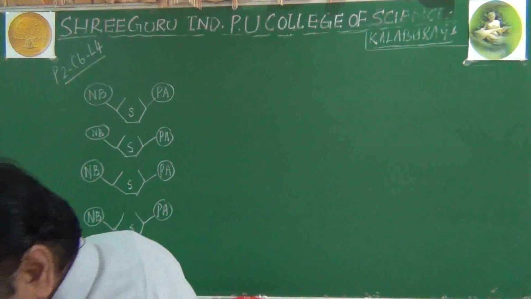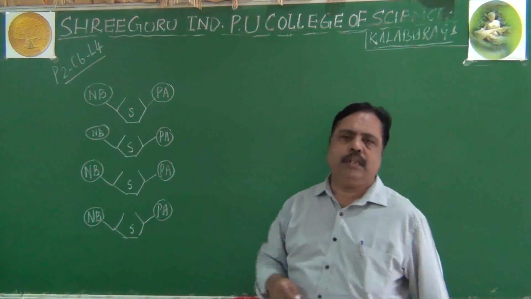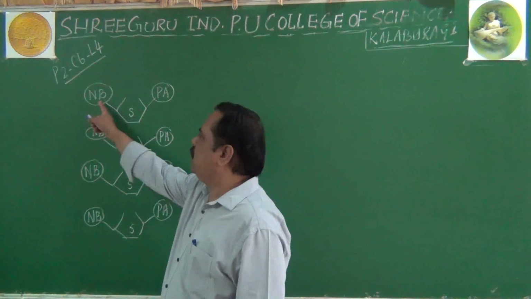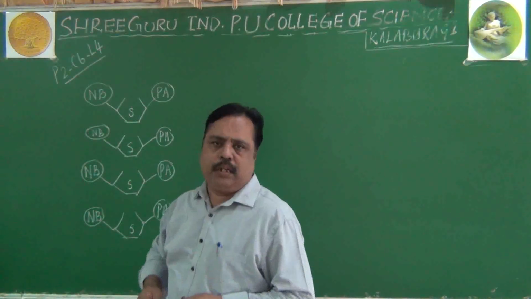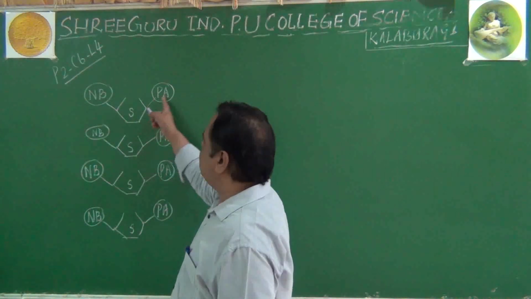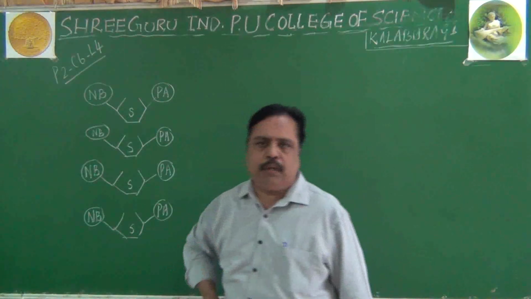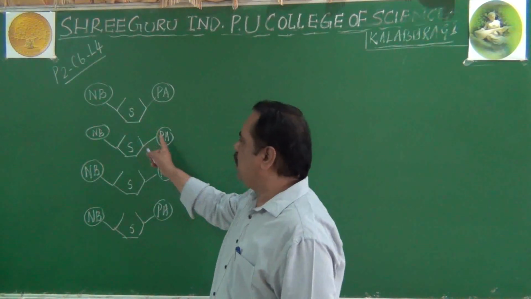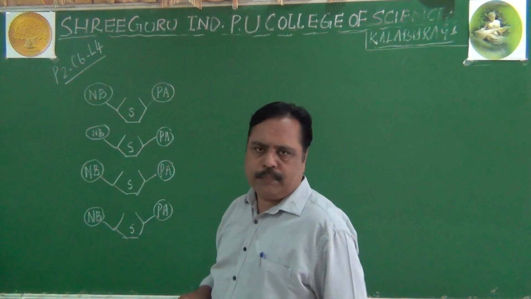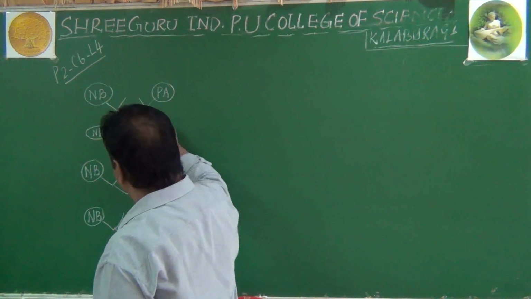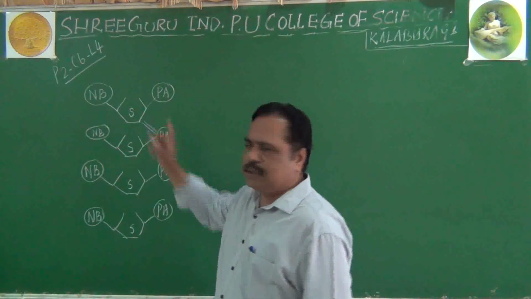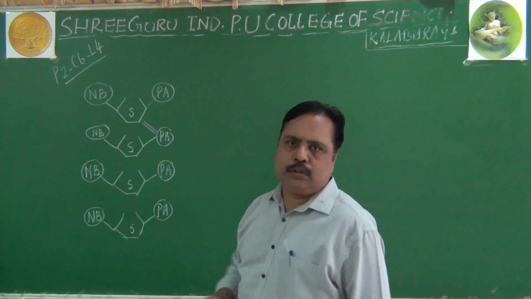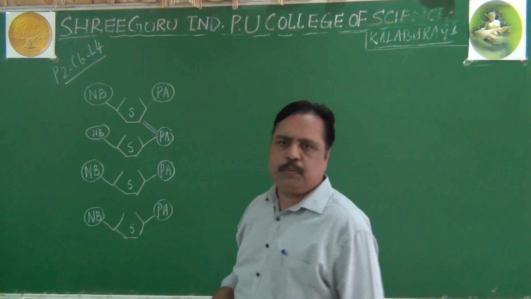In this polynucleotide chain, there are different types of bonds operating for the sake of stability. Remember, here between sugar and nitrogenous base, N-glycosidic bond is present. Between sugar and phosphoric acid, phosphoester bond is present. And already I told you one more point, between this sugar and the successive sugar molecule, there will be a bond formation here. Third carbon atom of the first sugar molecule will combine with fifth carbon atom of the successive sugar molecule for forming a phosphodiester bond.